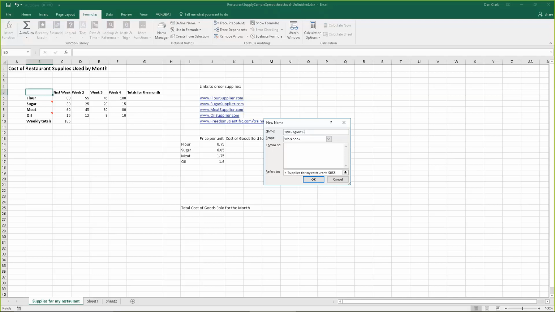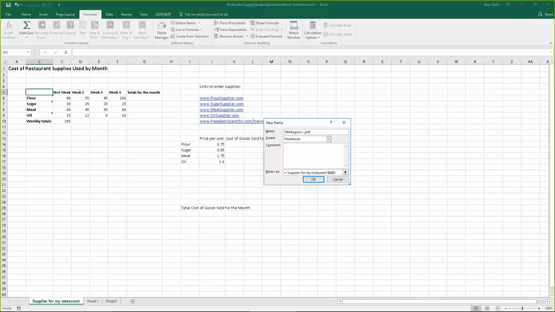The name of this region we're giving it is title region 1. Put in a couple of periods in the name, and then we're going to type in the lower right-hand cell coordinates for the bottom right side. So it's G10. 1, 0. And once you've typed in title region 1 G10,